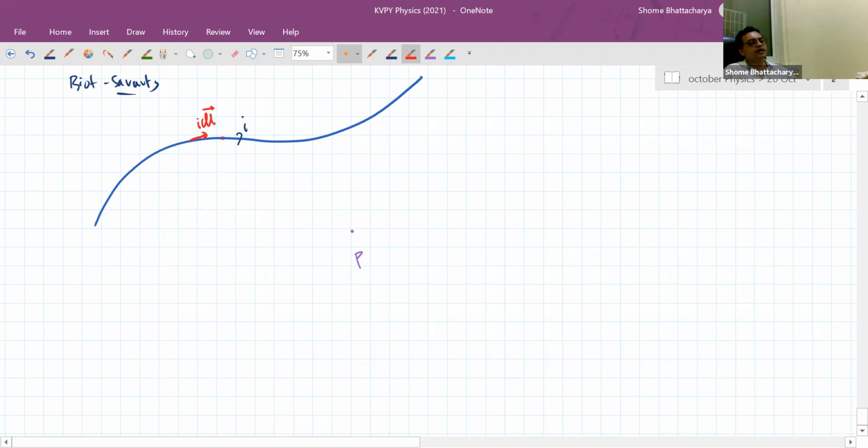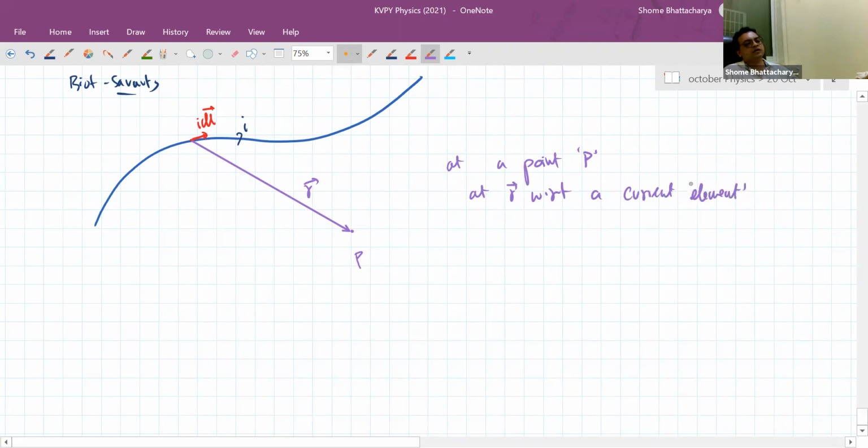So if we take an ideal current element on the wire, and choose a point where we are calculating the magnetic field, then the magnetic field created at that point because of just that current element alone, not the whole wire, is as follows. If point P is at position vector R with respect to a current element Idl, the magnetic field generated by that current element alone is given by the formula